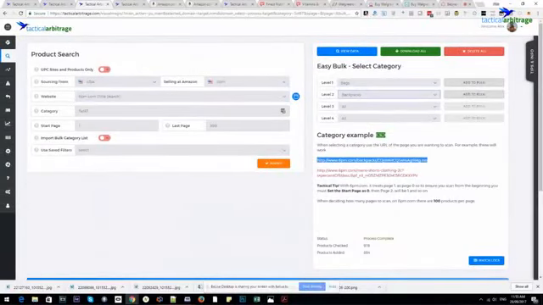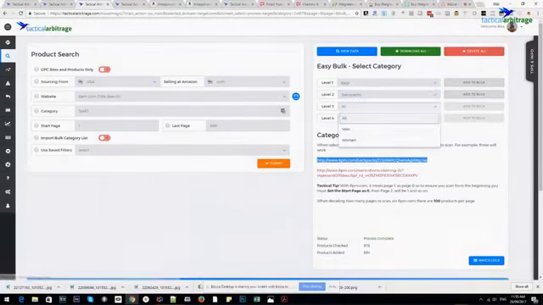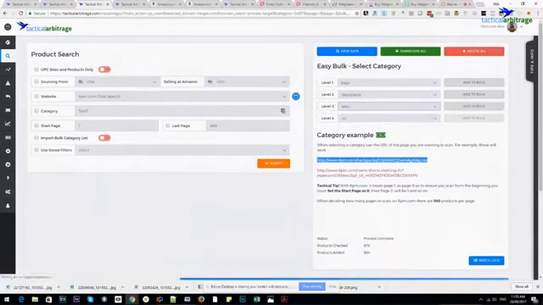Simply by just selecting bags, backpacks, and then clicking add to bulk. Now you might say, hang on, backpacks is going to have a whole bunch of subcategories. No problem. Backpacks might have subcategories of men, women, and then you go into that again, and then there's more possibly. But let's say there's a whole bunch of extra levels here. If you just click bags, backpacks, and it encompasses 25 rows, it'll just add those 25 rows to your bulk